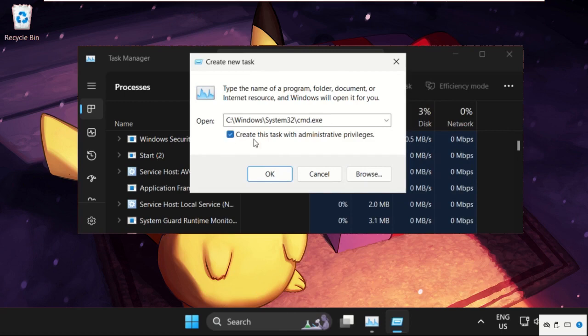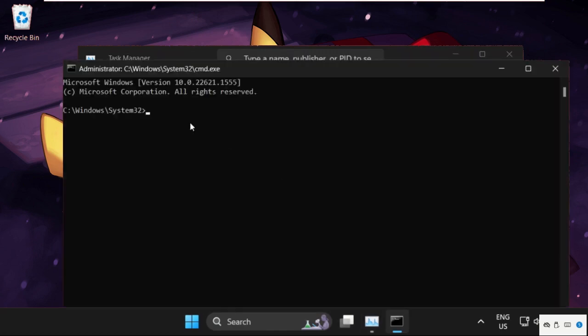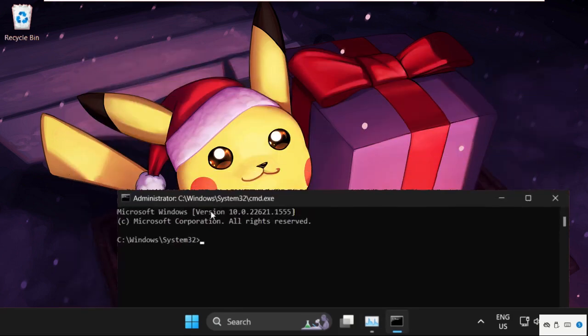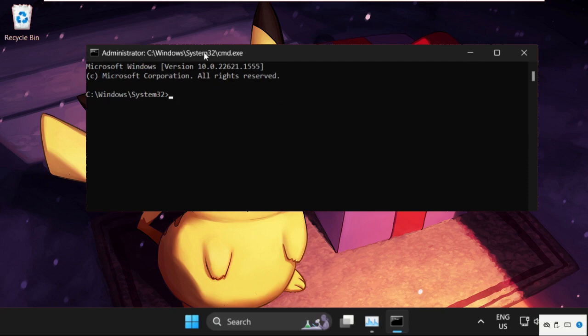Now check this box to create this task with administrative privileges. After that click on OK, and on this window we need to execute some commands, so type all these commands carefully and hit enter to execute them. First of all, type in netsh winsock reset and hit enter. Then